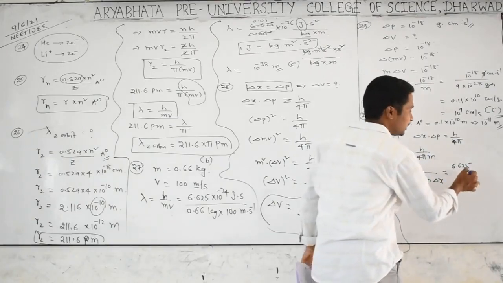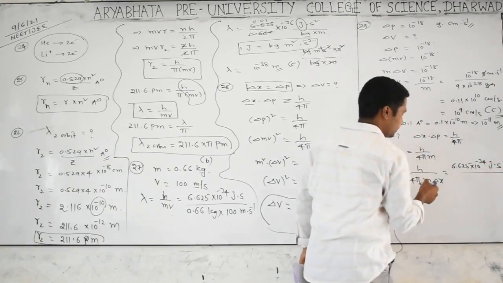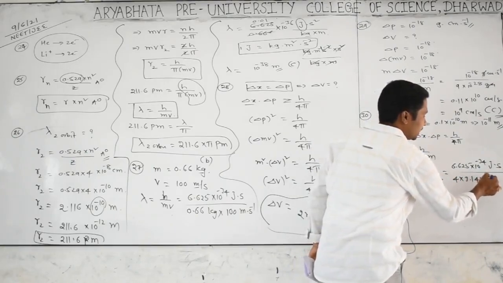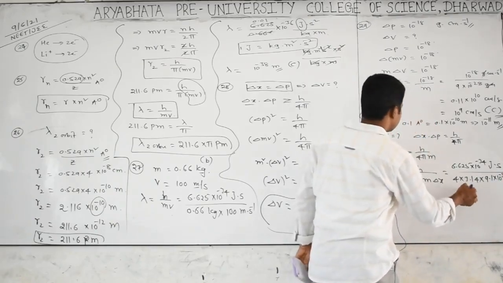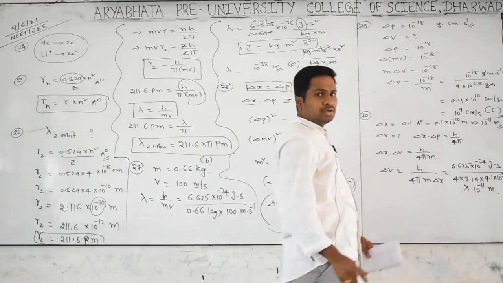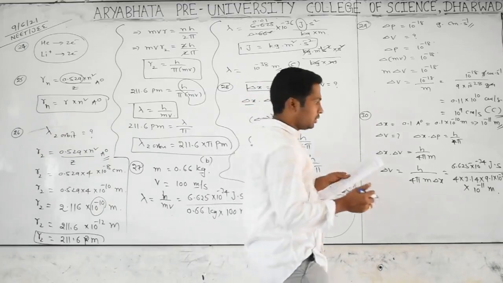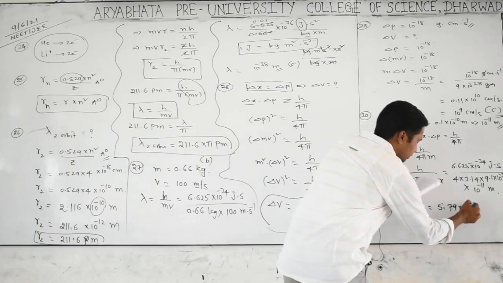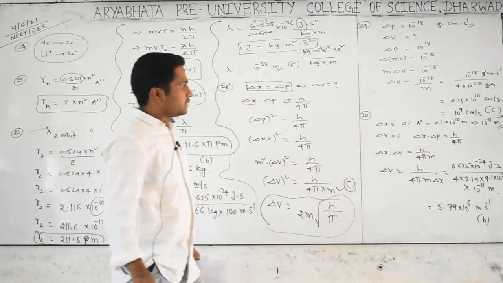The answer is asking for velocity in meters only, that's why I have to take all the values in joules. 10 to the power of minus 34 joule second by 4 into pi, 3.14, mass 9.1 into 10 to the power of minus 31 kgs. Delta x is already mentioned, 10 to the power of minus 11 meters. You simplify that problem and, I think, get the second option. After simplification we get 5.79 into 10 to the power of 6 meters second inverse. Option B is coming. Is it clear, all of you?